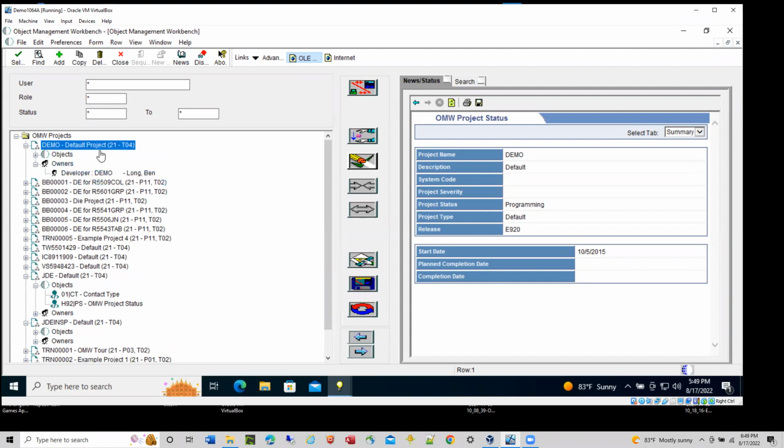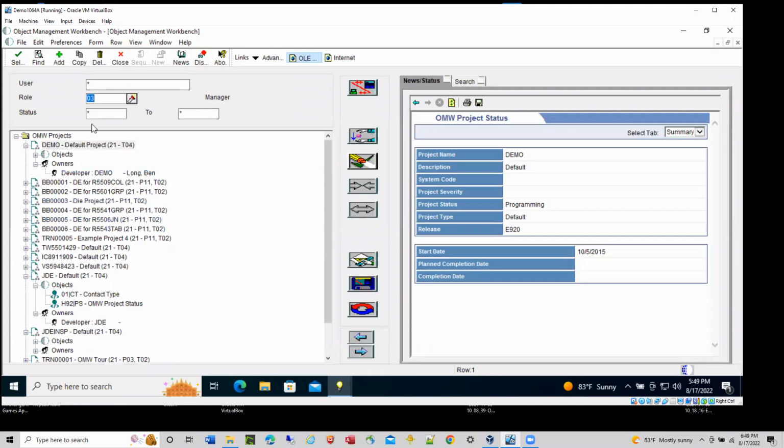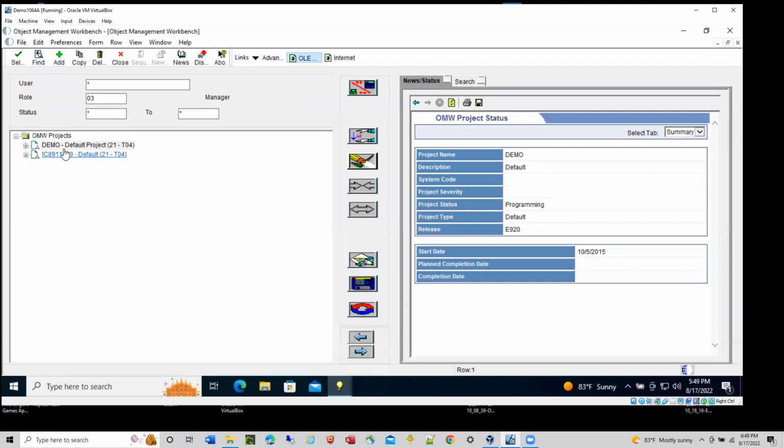That would also be the role. So you could filter all projects based on the role type, like developer. If I wanted to look up any of them that are managers, I could put in 03 and see that demo